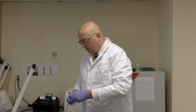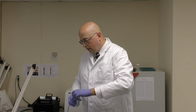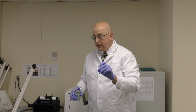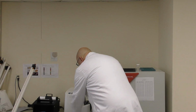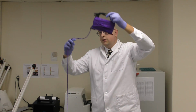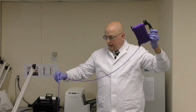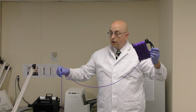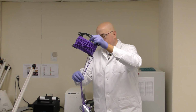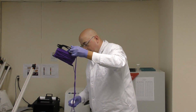You can take off your plastic ring, or the seal, and open up your bottle. And again, you don't want to touch the inside of your bottle or the inside of the lid or anything. And then basically, say you're on a bridge, you would just lower it down into the water. It'll fill up, and it's pretty much going directly into the bottle, so you don't have to worry about any potential contamination issues. Retrieve your container, trying to get your rope in the bottle, and then